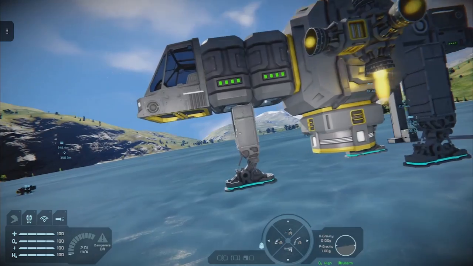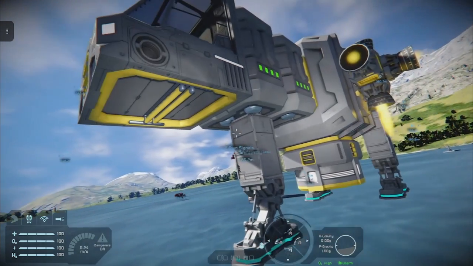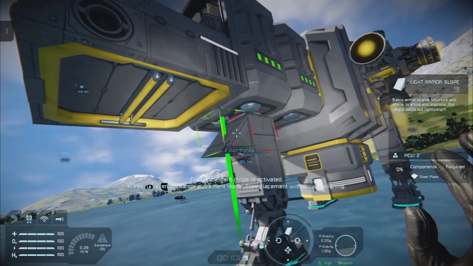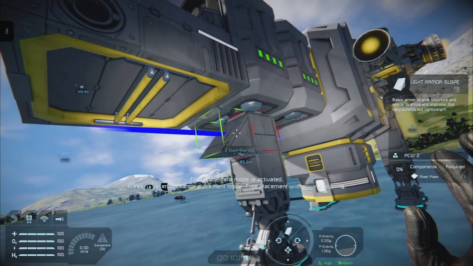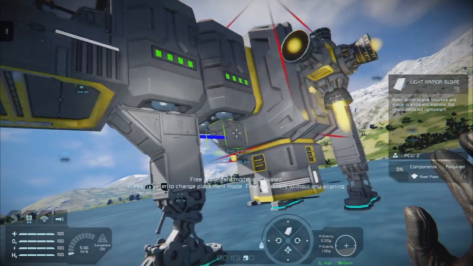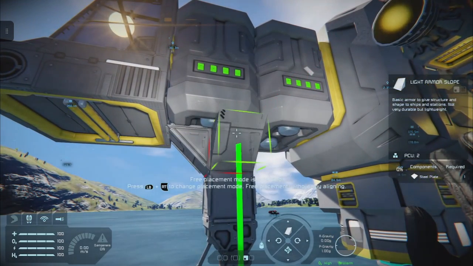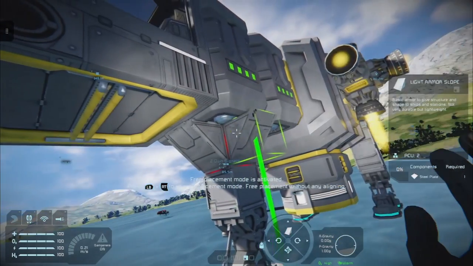And then if you want to make it look a little nicer at the front there, you can just pop in a cosmetic light armor block, push up on the D-pad, rotate it, and just make it look a little more interesting.